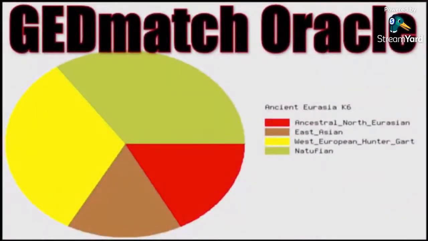Greetings. In this video, we're going to explore GEDmatch Oracle with the emphasis on Oracle, right? In other words, this video is going to explore the practice of trying to infer one's ancestry from Oracle. So that's not merely from the results found in a particular GEDmatch project calculator, but rather from Oracle, which is like a second step beyond one's initial GEDmatch results. And I'll explain as we go through this video.